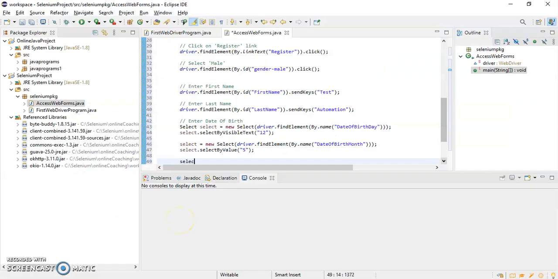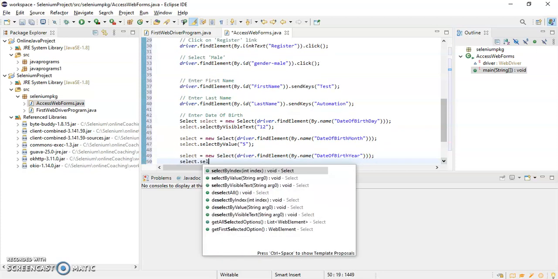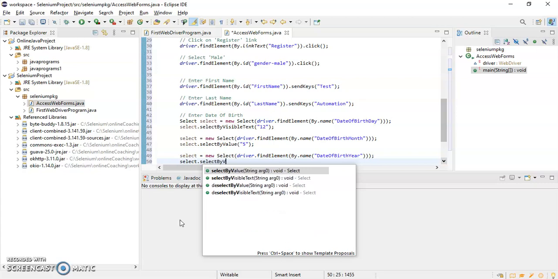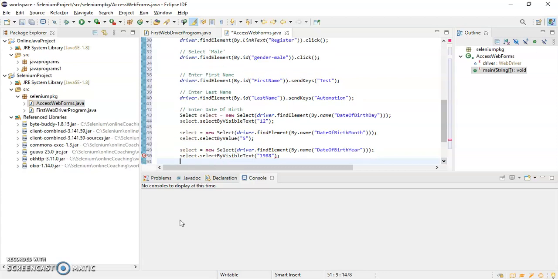Again write select is equal to new select, and here I have to provide the web element, driver dot find element by dot name, give the name of your web list, and just write here select dot select by visible text. Suppose I will give here 1988.